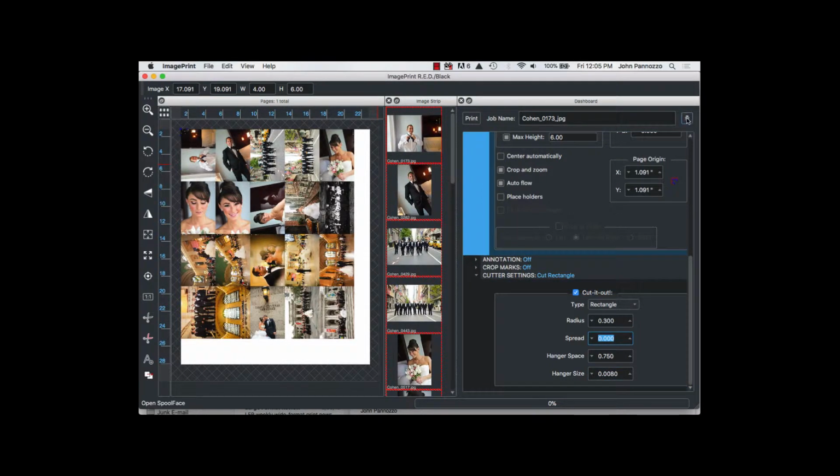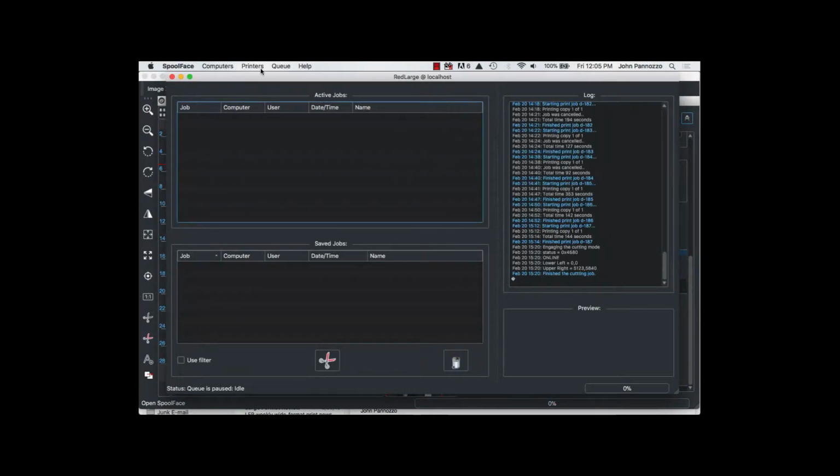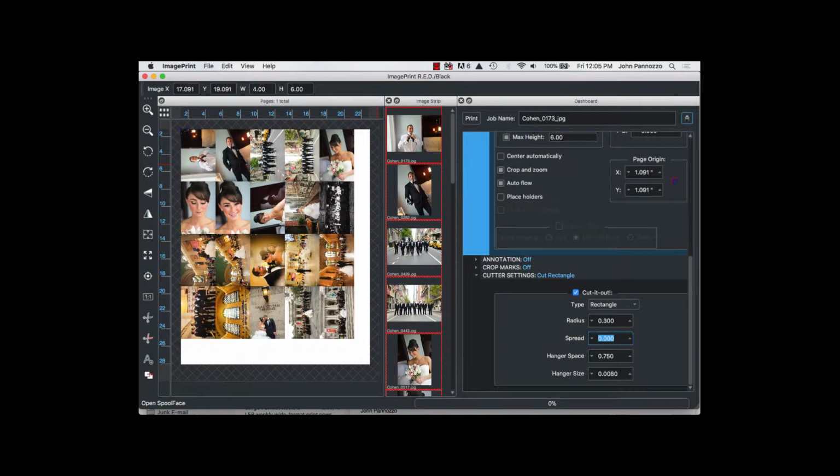Let me make sure that my queue is actually paused here because I don't want anything to print quite yet. It is. I'm going to go back and I'm going to say print. And we're going to send this page off to our queue. Now, once it hits our queue, all of the cutting vectors have already been sent over as a part